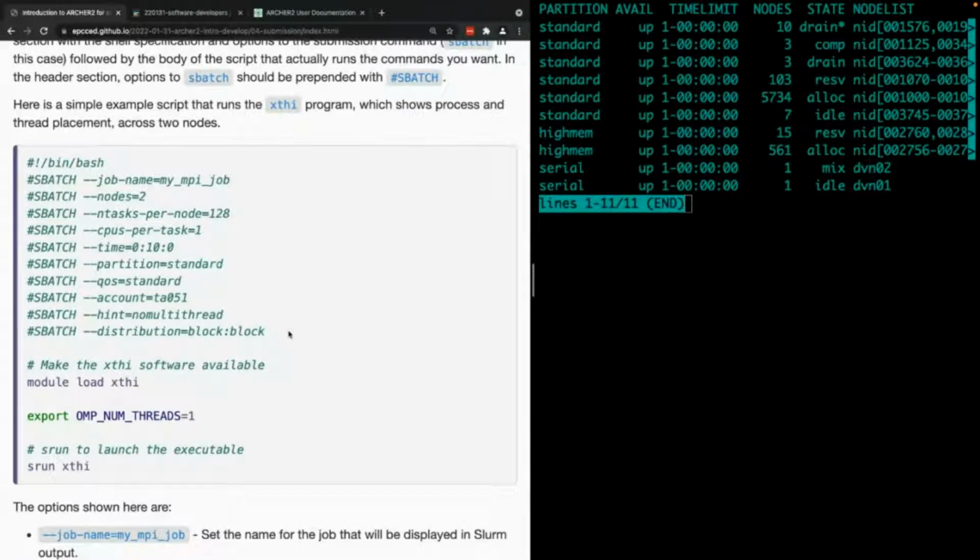If we didn't do this, it would do a round robin type thing where it would place the first task on the first core, the second on the second core, the third on the first. This turns out to be better in most cases for MPI communication. So that's our